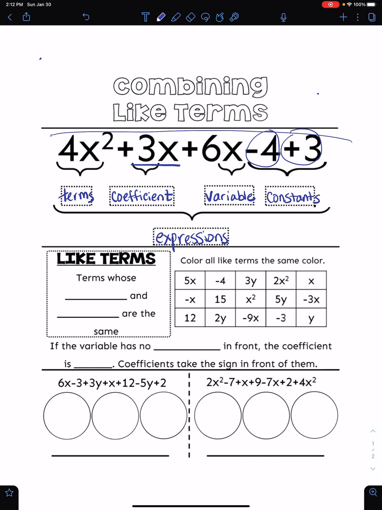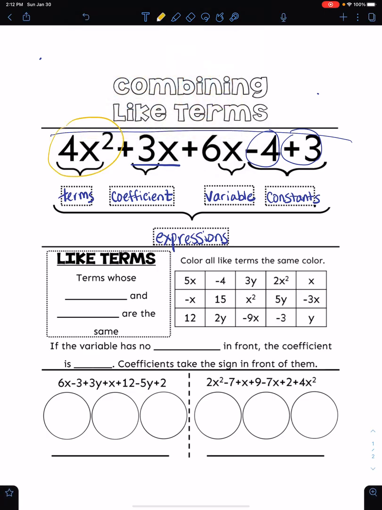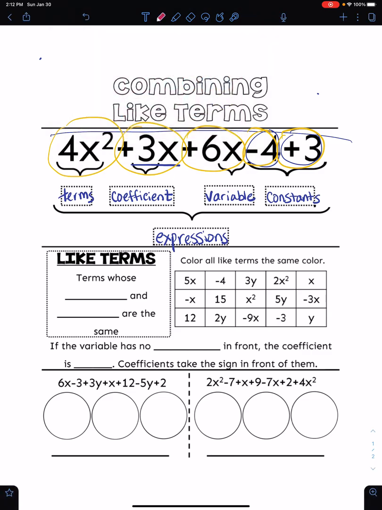So this expression has a total of, let's count them, 1, 2, 3, 4, 5 terms. You'll notice that when I circled the terms, I included the symbol right in front of each term, because just like with integers, the sign in front of the term goes with that term. All right, so